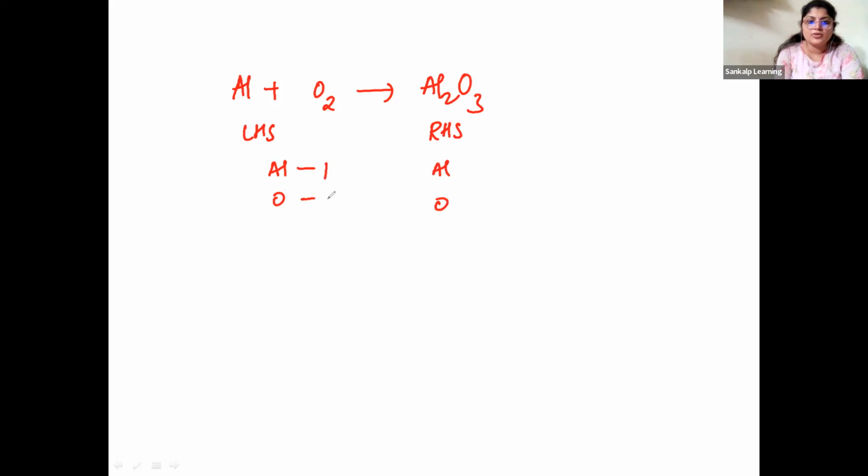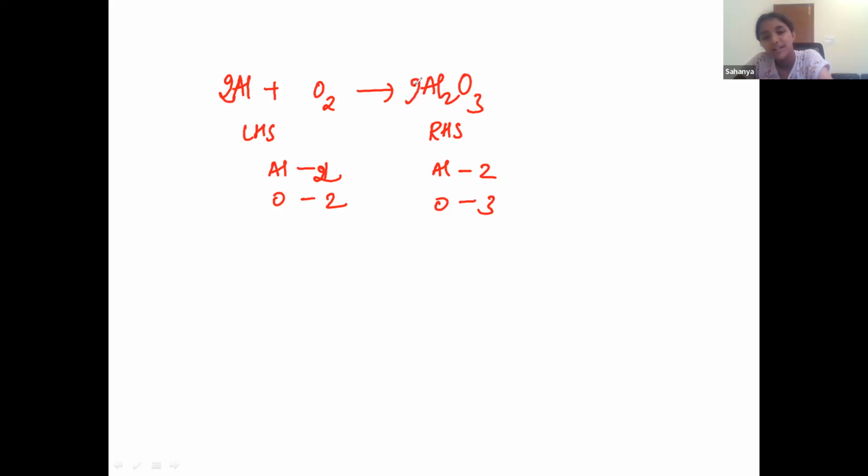Next one is Al plus O2 giving you Al2O3. So LHS, RHS: Al and O, Al and O. Al is 1, oxygen is 2, Al is 2, oxygen is 3. So now you're supposed to put 2 in aluminium. So it will change into 2, and you'll put 2 to aluminium oxide and 3 there. So 3 to the 6 here, 3 to the 6 here. Right. Good. Okay. So next one,